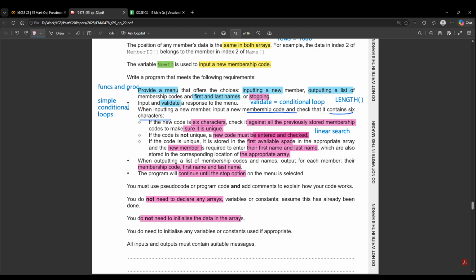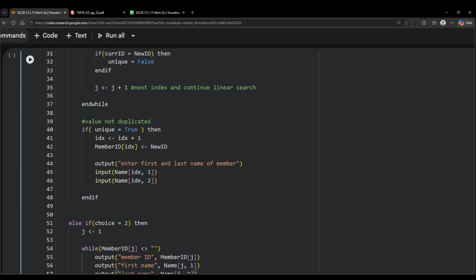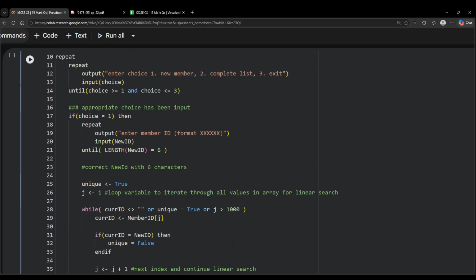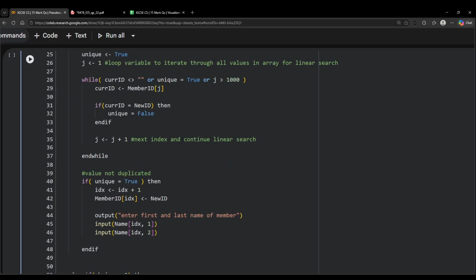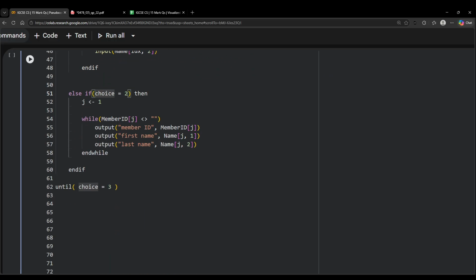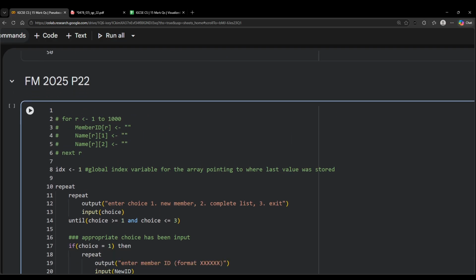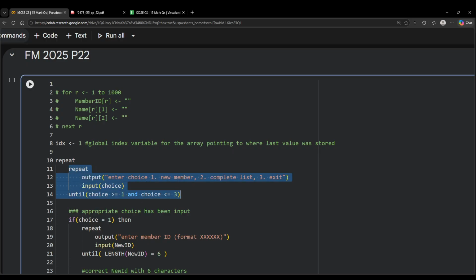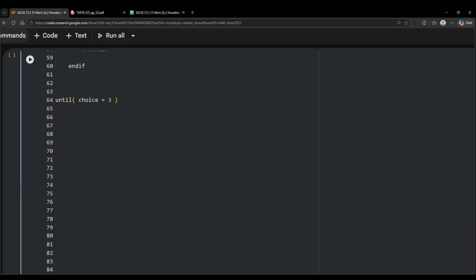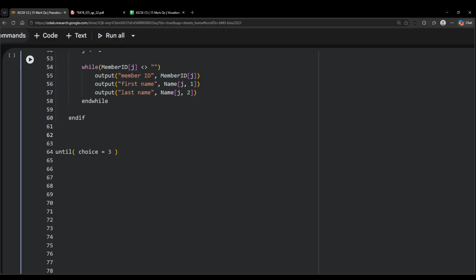And then lastly, in the question, they're saying that you have to stop when the user asks you to exit the program. So we have choice set to 1 here, then choice set to 2 here, and if the choice is set to 3, the loop will automatically end. And at the end, we also need to give the choice to the user to input again. Okay, we've already done that. So maybe when they input 3, we should also print something, and if the value is other than 3, else maybe output